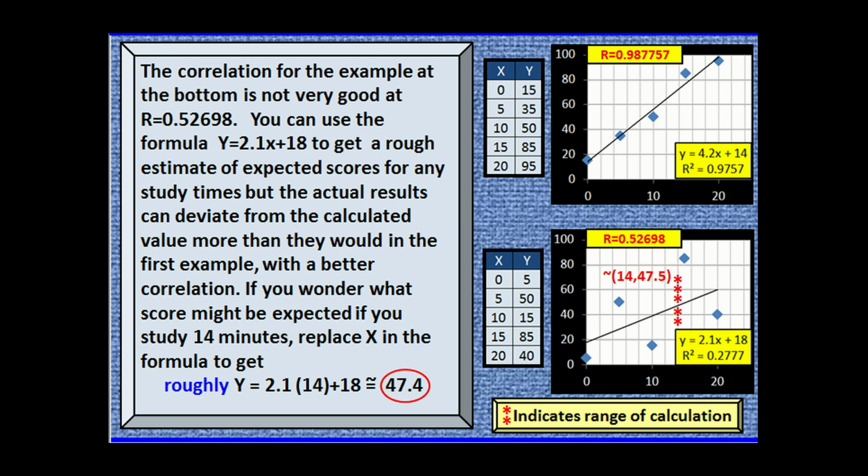The correlation for the example at the bottom is not very good at r equals 0.52698. You can use the formula y equals 2.1x plus 18 to get a rough estimate of the expected scores for any study times, but the actual results can deviate from the calculated value more than they would in the first example with a better correlation. If you wonder what score might be expected if you study 14 minutes, replace x in the formula to get roughly y equals 2.1 times 14 plus 18, which is equal to approximately